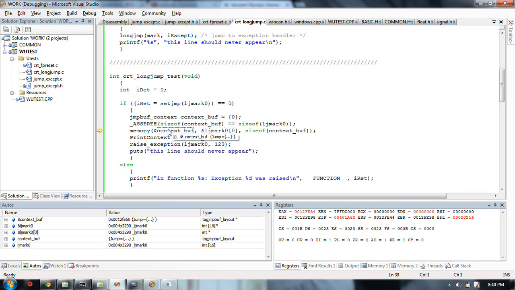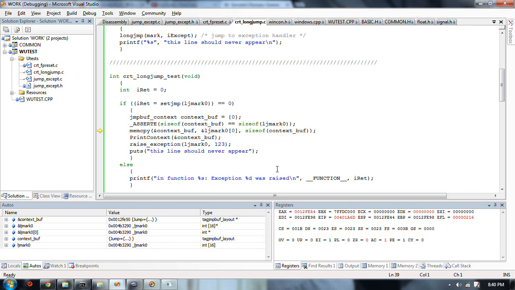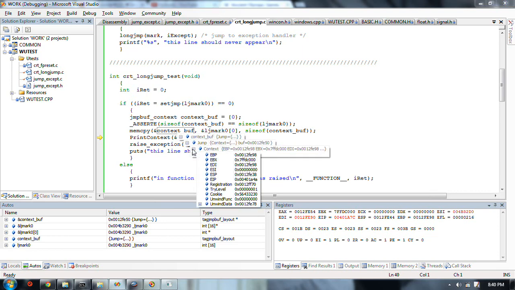Now I'm just copying everything from this, which is a great big array, into here, which is a more meaningful view. This is what the registers were, these registers at the time of the set jump. There is no unwind func. There's a cookie thing. I don't know what it means. Tri-level, I assume,